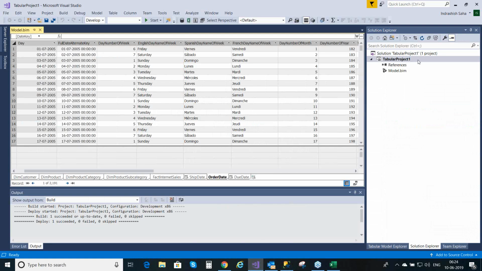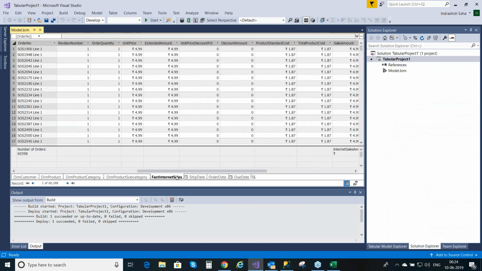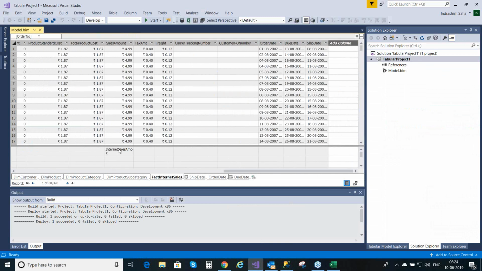So if I want, I can change it to some other currency as well. If I go to fact internet sales, here is my measure. So if I press F4,